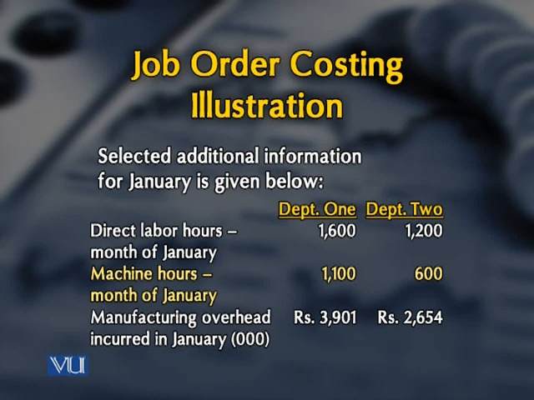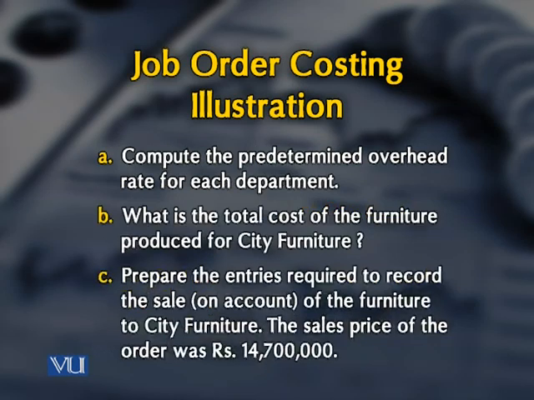Manufacturing overhead incurred in January: do remember the rate is calculated on a yearly basis, and now we are talking about the month of January. The manufacturing overhead incurred, these are the actual overheads, is 3.901 million, and in the case of Department 2 it is 2.654 million. Now here we have to compute the predetermined overhead rate for each department, Department A or Department 1